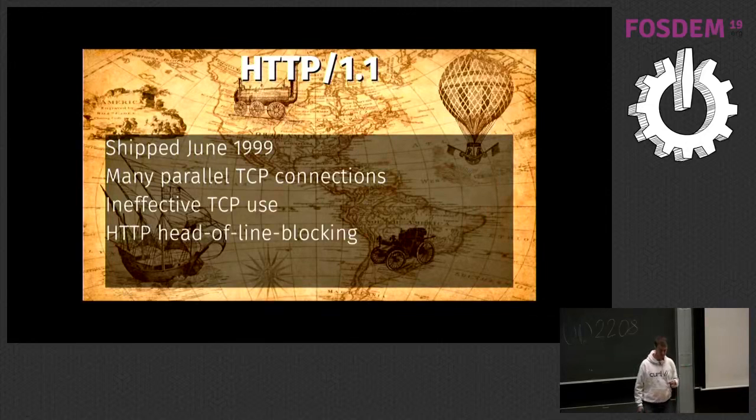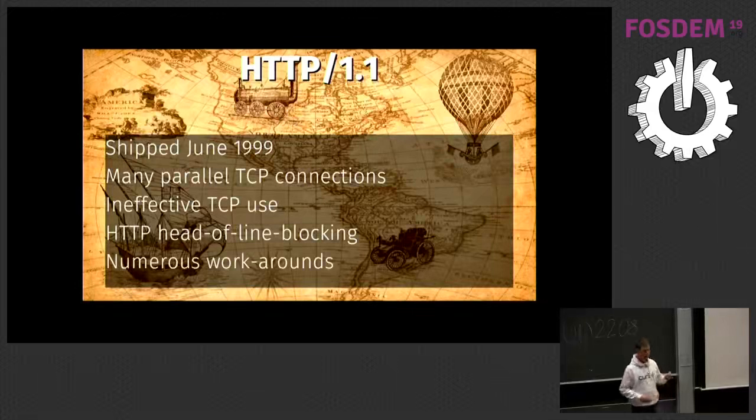And we also have this little issue we call HTTP head-of-line blocking. So when you're connected to a site, you have your 6 connections to that host. When you want to send the 7th request, there are many images on the site. You have to wait for one of the other requests to complete before you can issue your 7th or 8th or 9th and 10th. So they're all blocked by the one head-of-line blocking, HTTP.